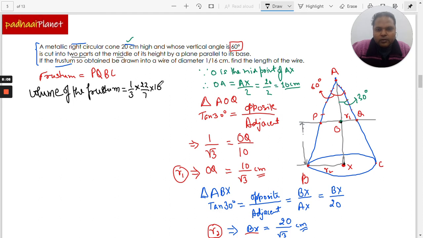So we put 10, and then we say R1 square. R1 is 10 over root 3, so that's 10 over root 3 whole square, plus